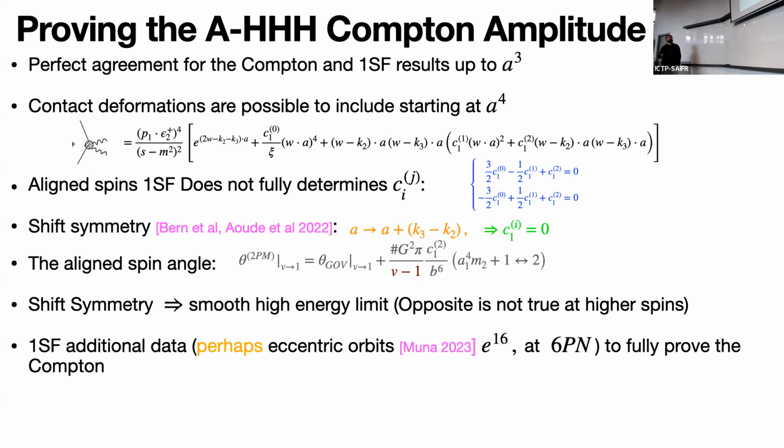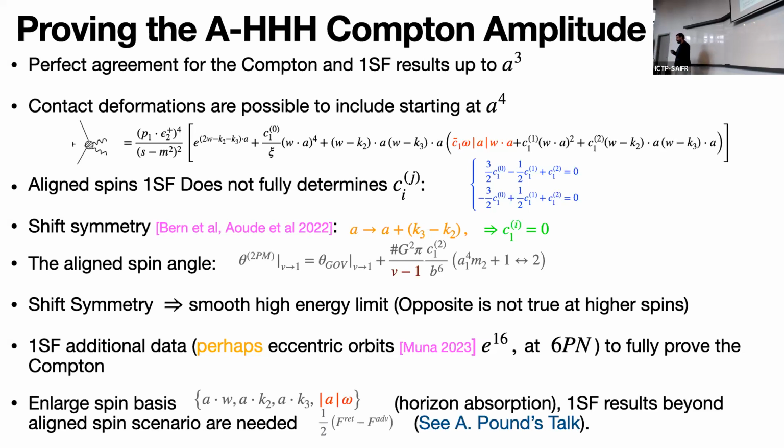Okay, the self-force computation tells us that you have just these two relations, and you need basically additional data from the self-force computation to be able to tell that these two coefficients are 0. And this could perhaps be done if you have a self-force solved for orbits, and there is a very nice paper that appeared this year, but it still needs to be proved in this two-body context.